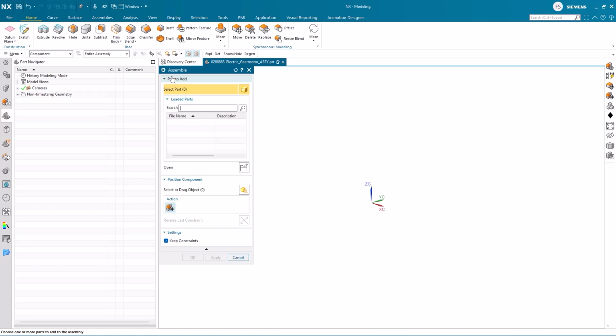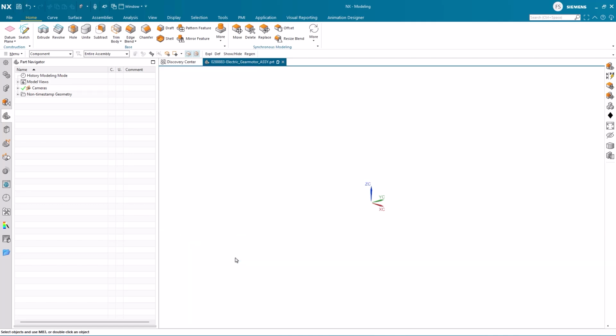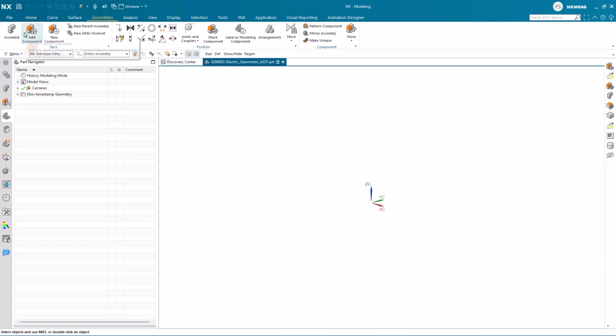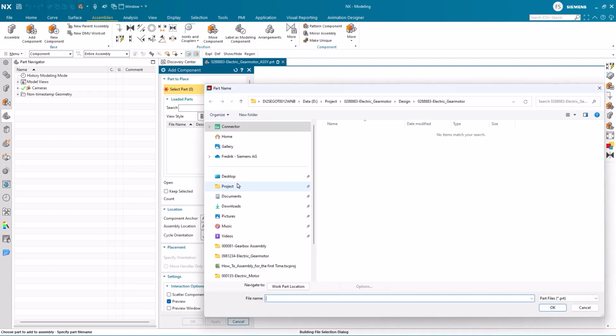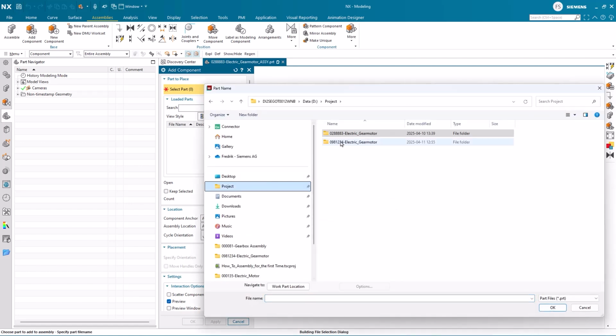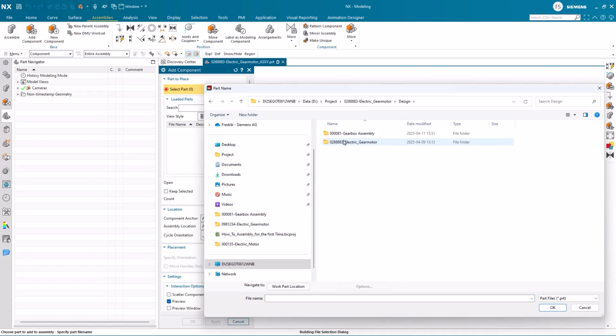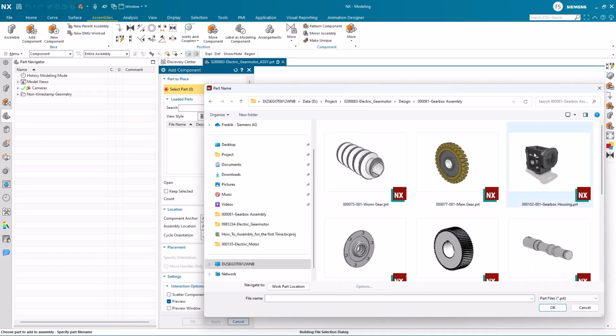But as we really want the first part we add located and positioned absolute in the assembly, we close this tool and open the Add Component tool instead. To select the part we want to add as a component to the assembly, we navigate to the project folder containing the specific part.